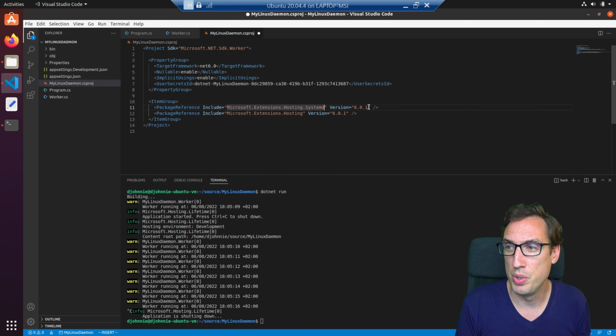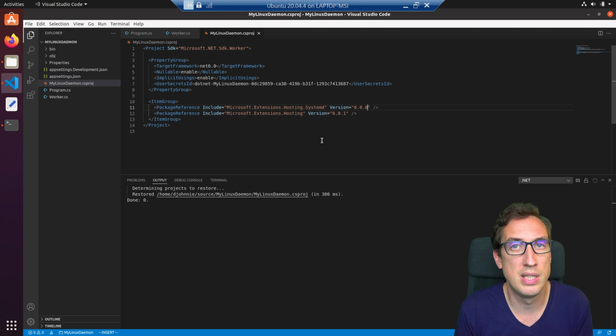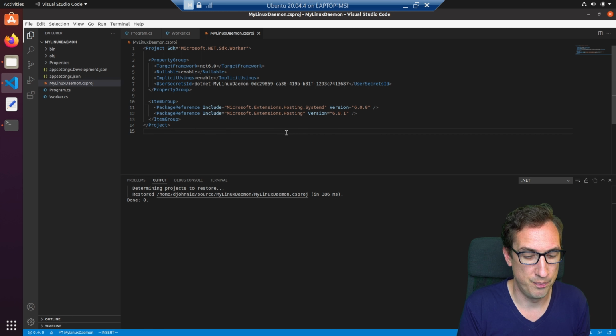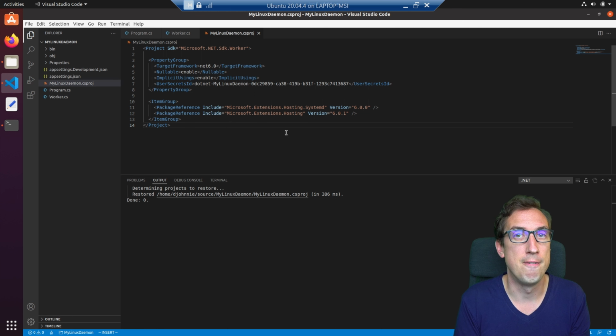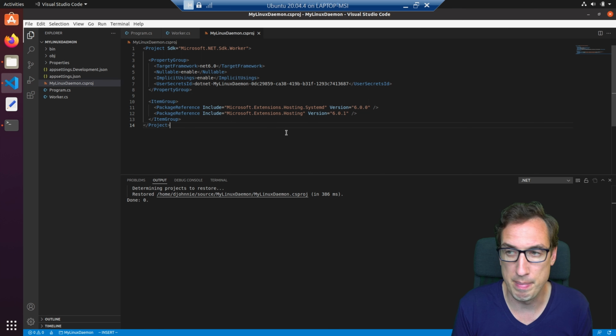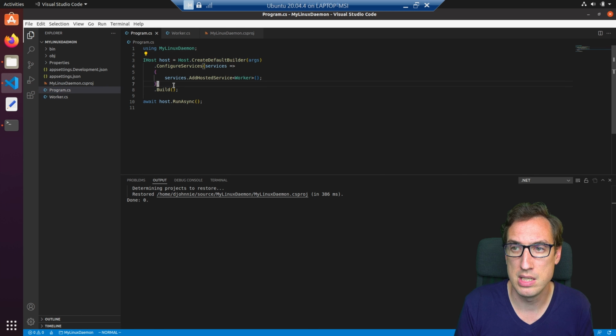extensions.hosting.systemd package, which has 6.0.0 as its latest version. Of course, I know this by heart because I'm using this quite often. But you can just search online or use Visual Studio to find out the name of the package and the version of the package. Because in my case, Visual Studio Code does not have that user interface to add and find these dependency packages. Now that we have that systemd package introduced, I can go back to my program.cs, and